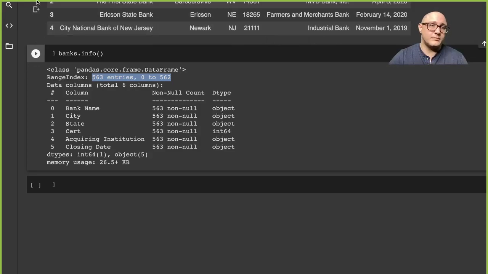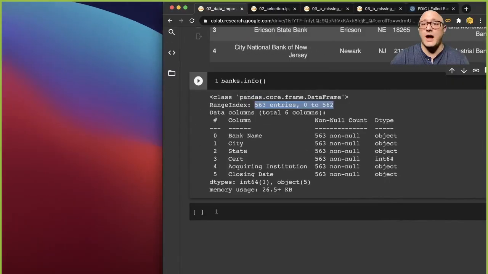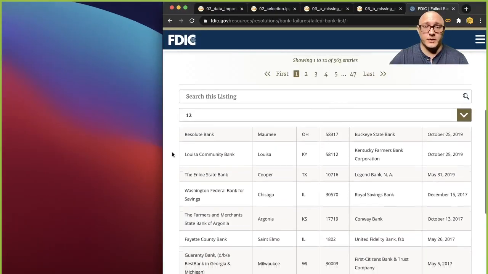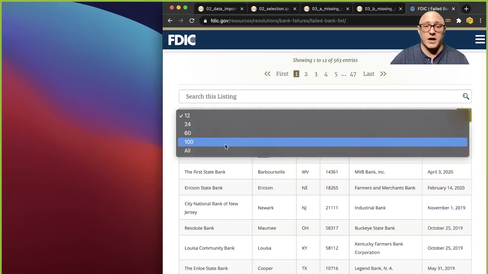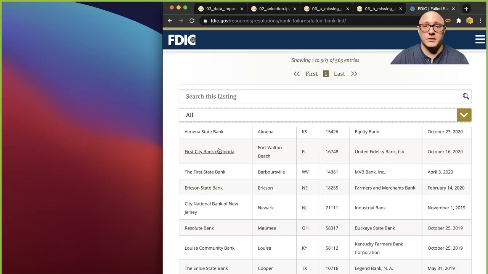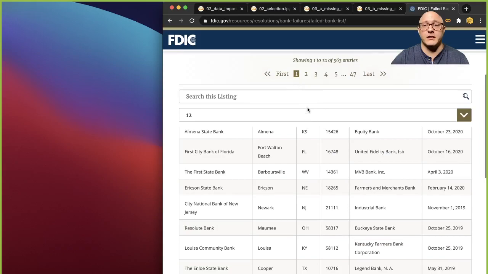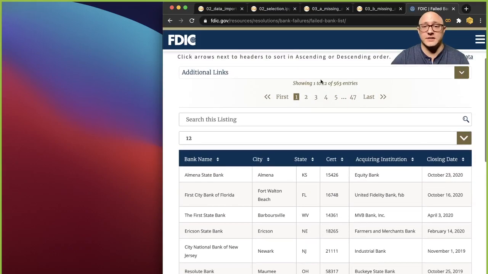So from the website, my guess is that it only grabbed what was visible to us here. So again, if you want to grab, for example, all of them, you would have to rerun this for all of them, and it would take a little bit of back and forth playing, because again here, if you look, just the first page is that 563 entries. You may want to be able to loop this or do anything else, but we also have here a download